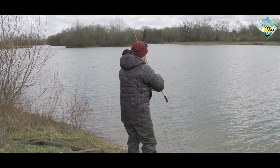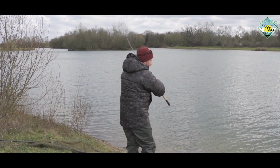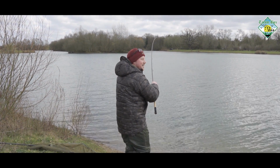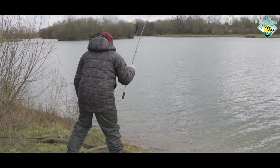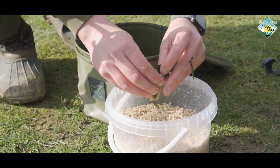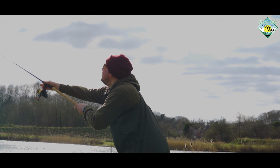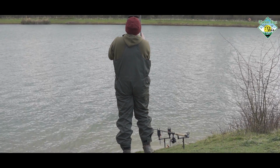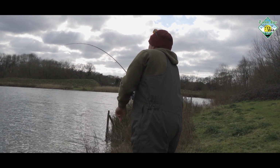Not too sure what it is, but it's kicking back. Massive drop back, followed by a screaming take. It's a bream. Well, I think it was inevitable that we were going to get a few of these. I don't think this is a bream. I don't know what it is, but